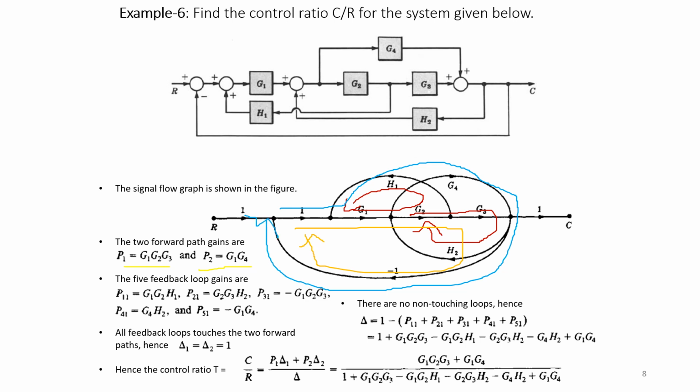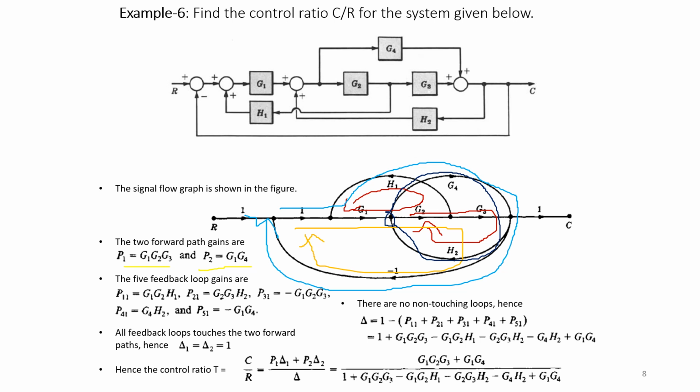So totally 1, 2, 3, 4 and 5 loops. One more loop, this loop you have got. Another loop is, you will start from this node G4, the circle structure. This becomes your another loop. So totally you have got 5 loops with the gain